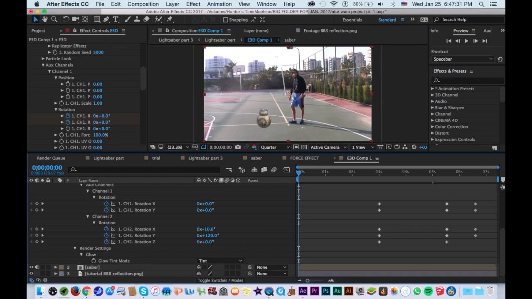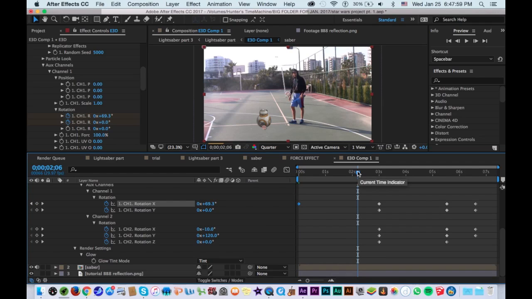So the only rotation you want to be using right now is for the body movement. So that would be in channel 1, and that is on the X. So let's see what it looks like. So we want it to be moving this way, so it's rolling forward. So we want it to be a little fast, but not too fast. So I would suggest using about 200 to 300 degrees. So let's just go up to like 260,